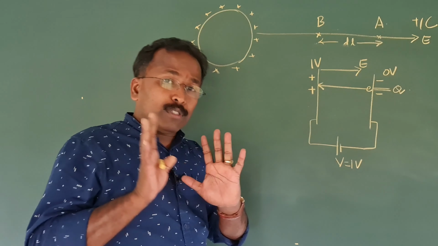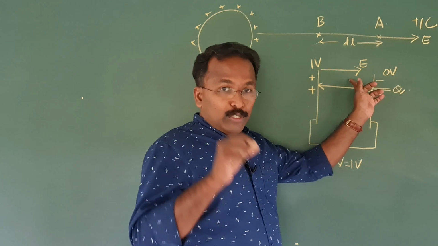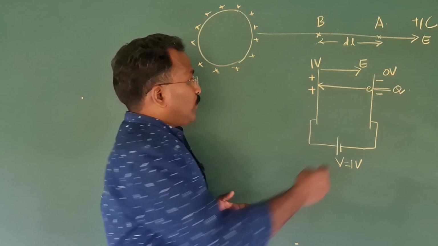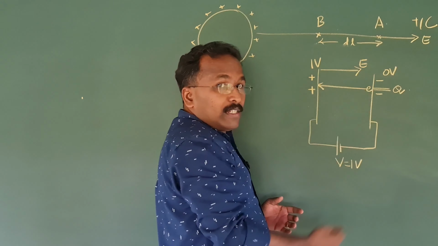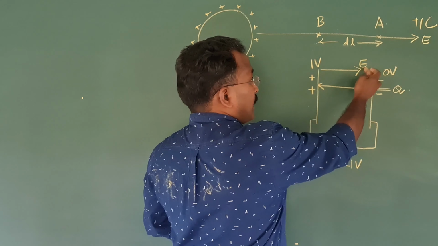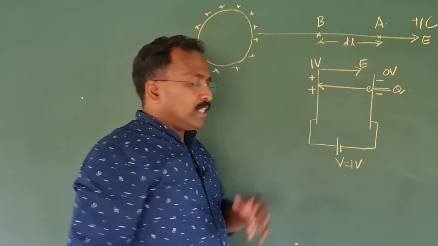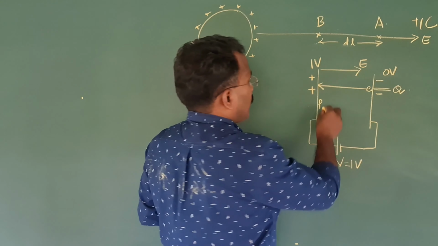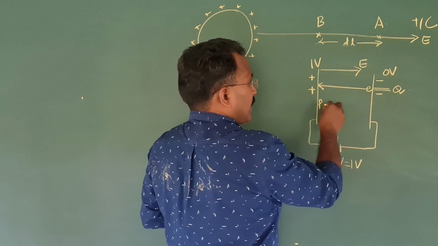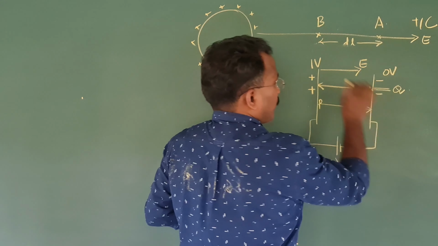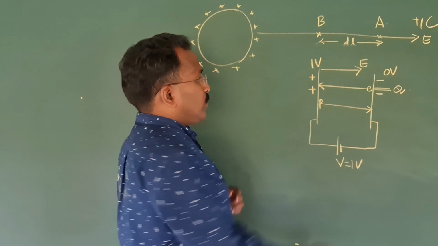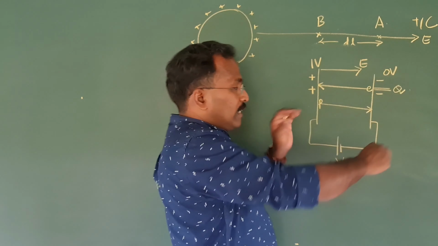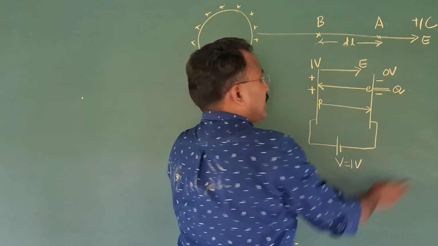You can explain it in both the ways, but we explain it usually in terms of the electric field. So if you keep an electron here, the electron will be accelerated by the electric field and hits the other plate. Simple. If you keep a proton here, that proton will be pushed by the electric field in its direction and hits the other plate. So if you simultaneously leave an electron here and a proton here, what happens? They move in the opposite direction, hit the other plate.